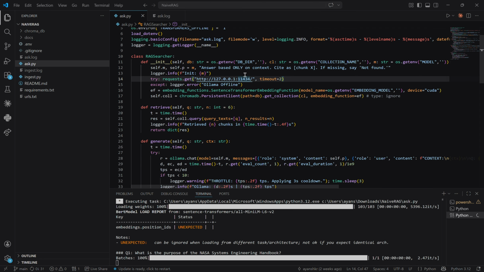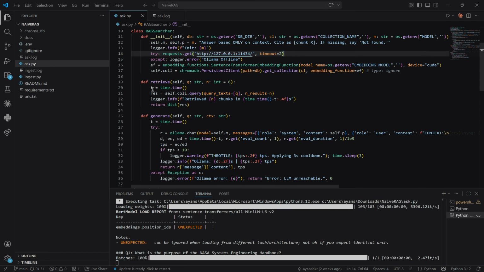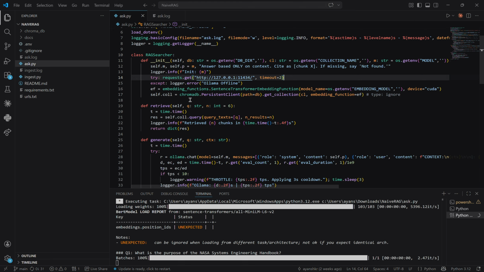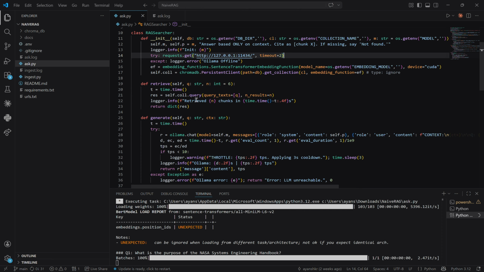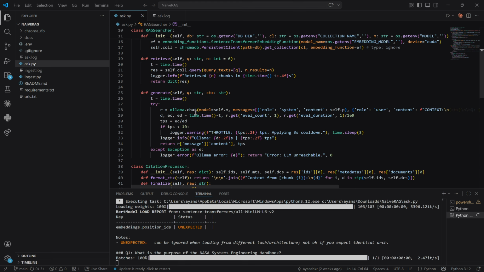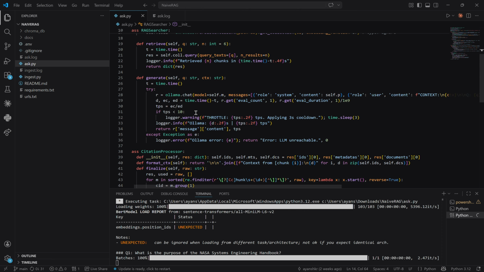Then we try to link to this, which is the thing for Ollama, and if it can't get it, it logs an error, Ollama offline. Then it gets the embedding model and stuff. And then it retrieves from the collection a query of 6 results, and it says that it retrieves this many chunks in a certain amount of time, and then it returns a dictionary version of this. Finally, it generates the text,